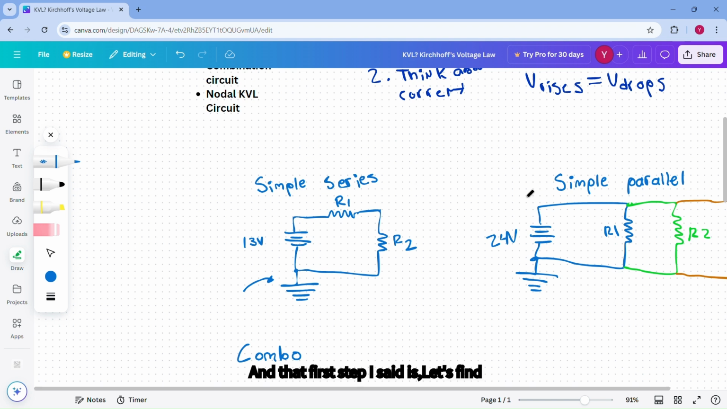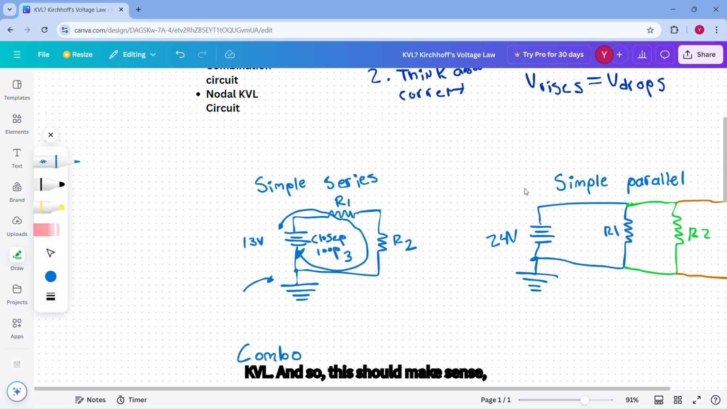And that first step I said is, let's find a closed loop in this scenario, okay? In this case, if I'm thinking about a closed loop, if I start at my battery right here, and I go through my R1, and I go through my R2, and then back around to my battery, this is my closed loop, okay? My closed loop is all three components. It is also the entire circuit. This is not always going to be the case, but that can be the case, and it does work for